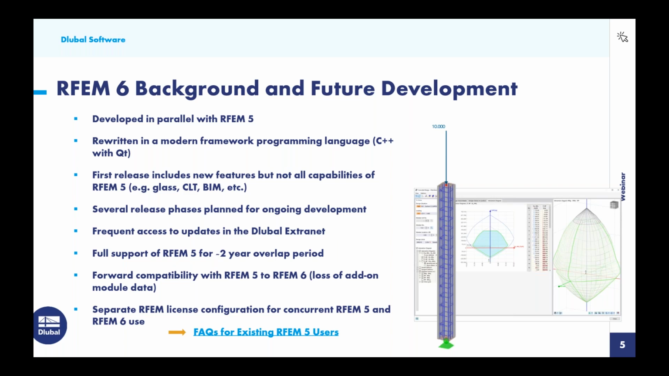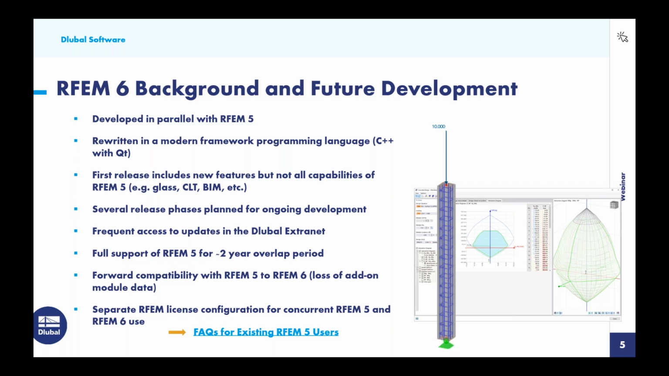However, we plan to fully support RFEM 5 for this 1 to 2 year overlap period. We definitely recognize that there are many users who need the capabilities for cross-laminated timber, for example. So you can continue using RFEM 5 as you would normally. Again, we'll continue fully supporting that until those features are available in RFEM 6, and then maybe you want to consider